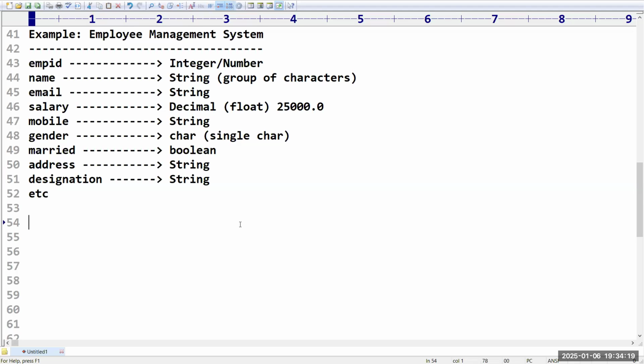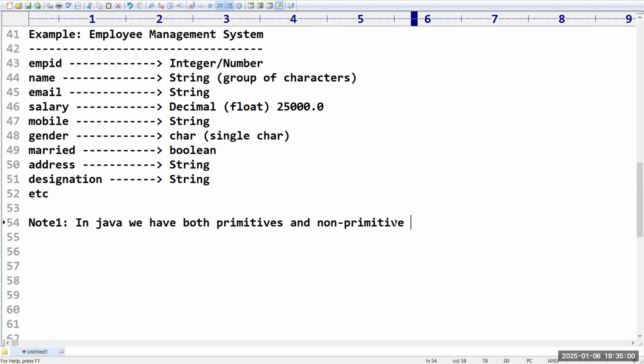Any doubt in this example? No, right. So I'm going to cover three points related to these examples. The first note is very, very important. In Java, we have both primitive and non-primitive data types.